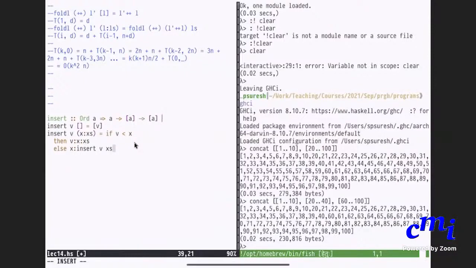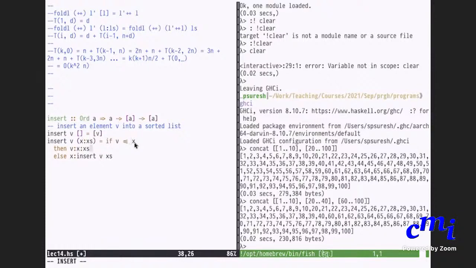There is an important assumption behind all this: the list itself is sorted. We insert an element v into a sorted list. Since x : xs is sorted and v is less than x, the proper position for v is at the very beginning. But otherwise, v has to come later than x. In fact, instead of v less than x, I can say v less than or equal to x.